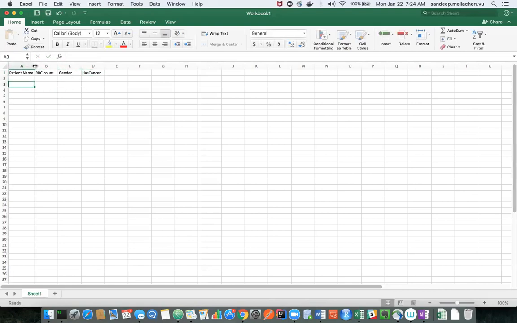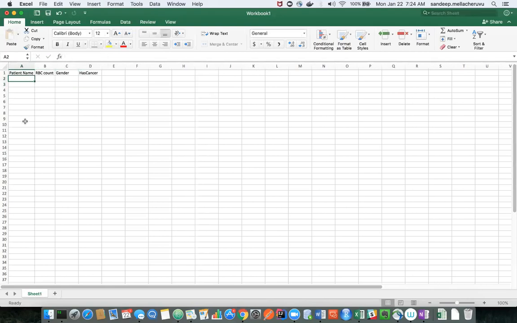Let's say patient name is Subbu, and his RBC count is 150,000, gender is male, and has cancer is false or no. And there will be some other person, let's say Robert, with RBC count 50,000, again a male, and he doesn't have cancer, or maybe he has cancer. These kinds of records you'll have.